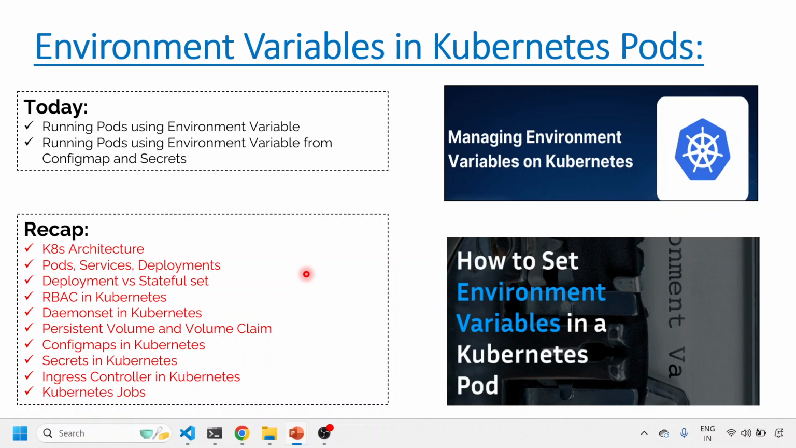So again, today we'll be taking another very simple topic in Kubernetes. I know this is simple and we'll keep it short, but this is again interesting from a running a container